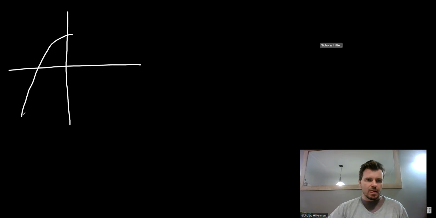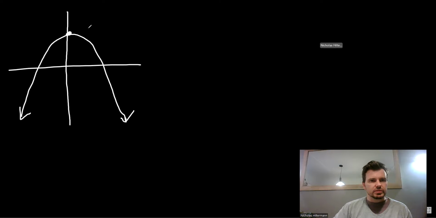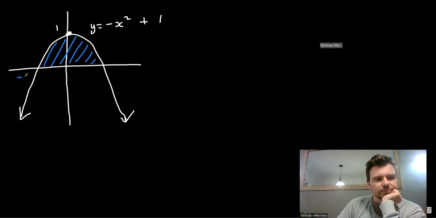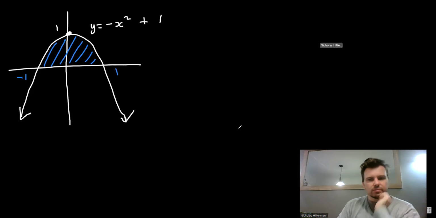So let's have this function. Okay, we'll just do a quick function here. So this will make this intercept. We'll make this the y equals minus x squared graph. We'll just add 1 to it, make that 1. So what I could do is find the area under this graph here from -1 to 1. Well, all I would need to do to find this, and now this is much more complicated